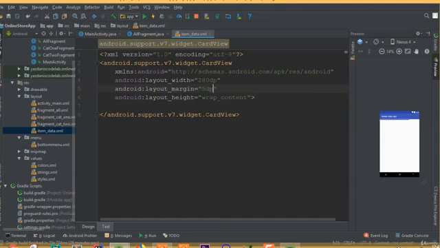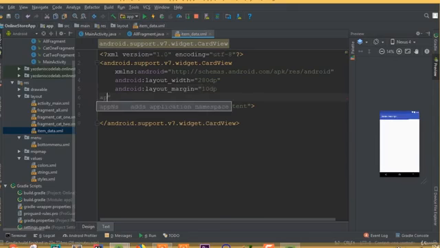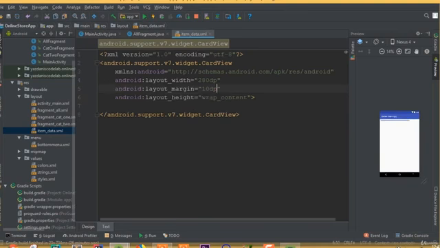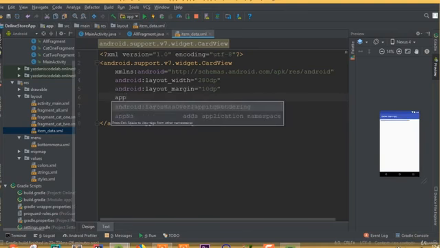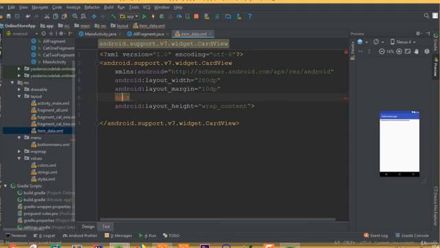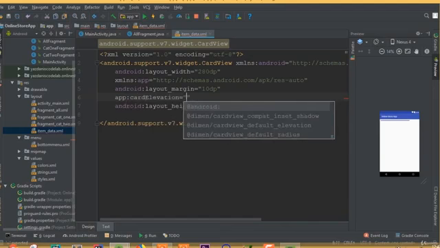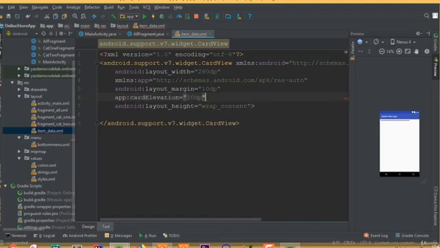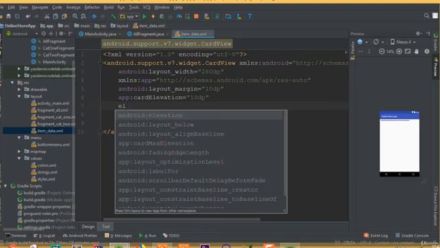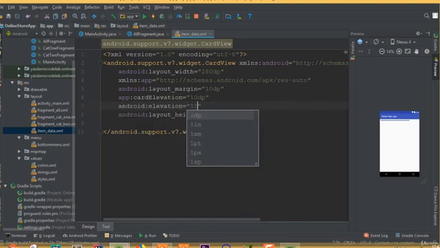And add layout margin 5 dp. Not 5 dp, add 10 dp. And add card elevation 10 dp, Android elevation 10 dp,